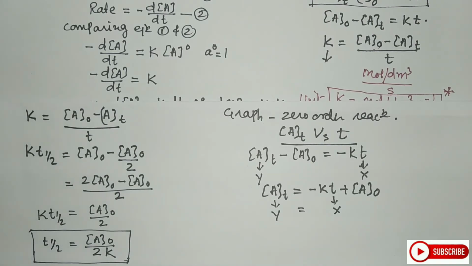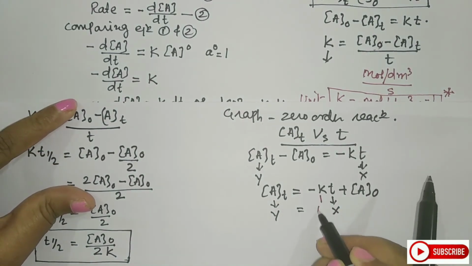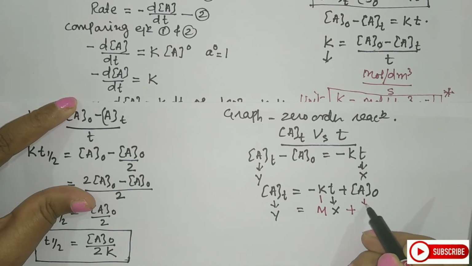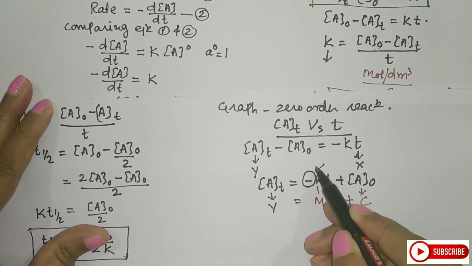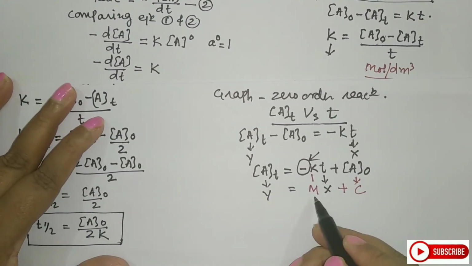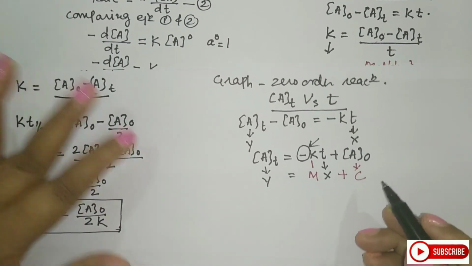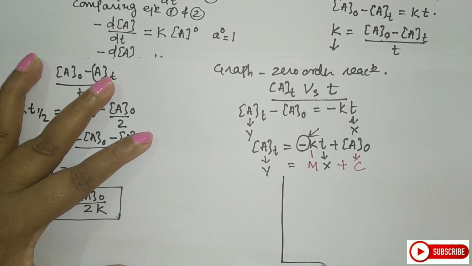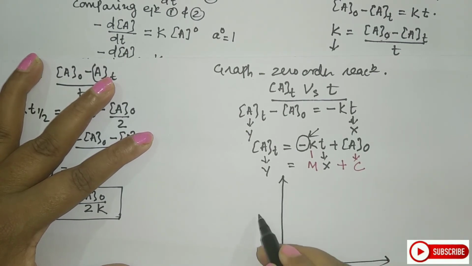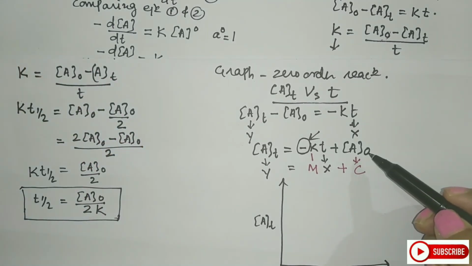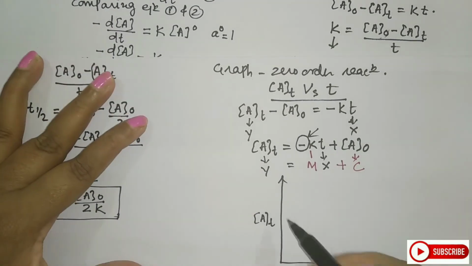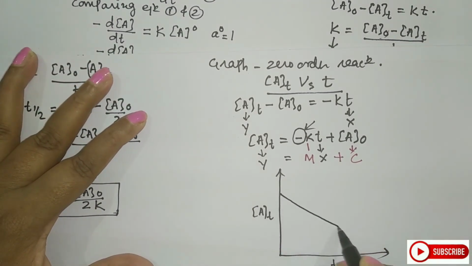Now what I have here, minus K, this will give me the m value and this will give me the c value. So you have the equation y is equal to mx plus c, but here it is very important that it will be with a negative slope. So this gives you the slope and this gives you the intercept. So let us see what the graph will be. Here I will plot AT and here it will be T. Now here you have to draw an intercept also, with the negative slope. So the graph will be something in this way.